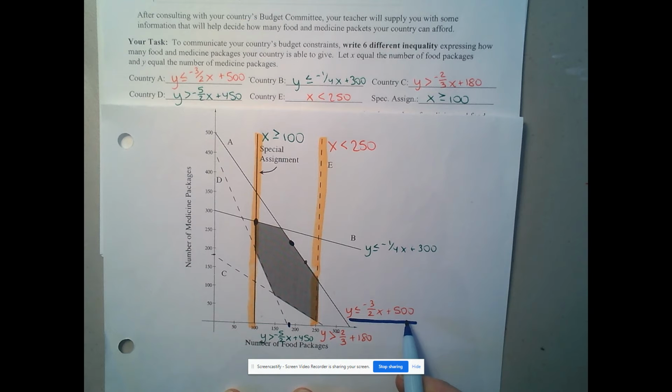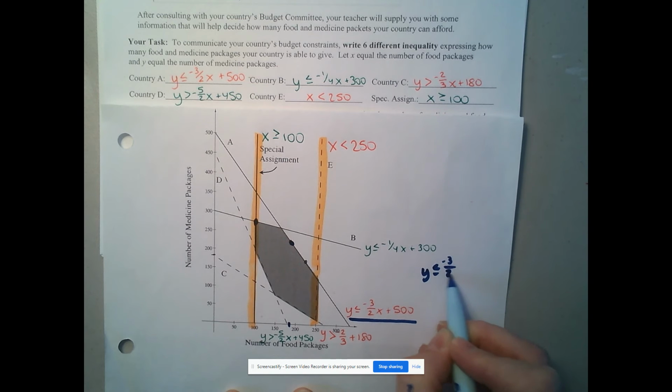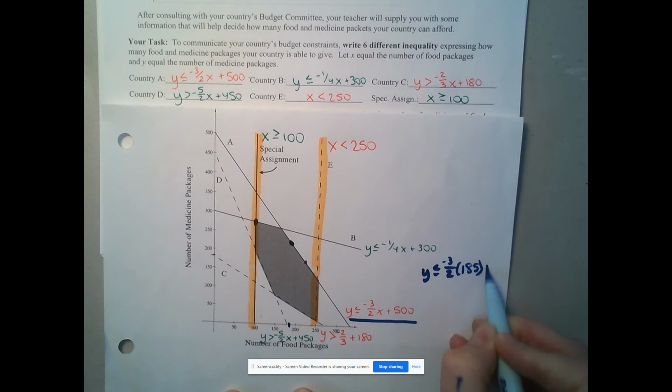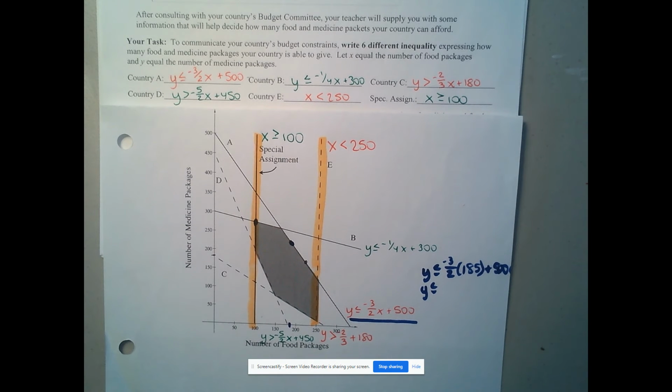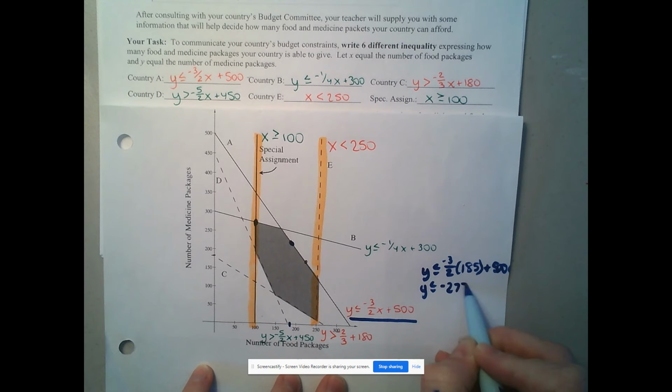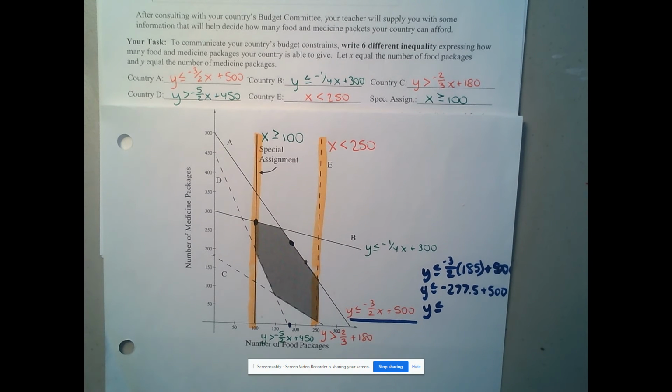So let's plug in 185 and see what that country can afford to give. So if we do y is less than or equal to negative 3 halves, we're going to plug in 185, plus 500. Missing a zero there. So y is less than or equal to negative 3 halves times 185. Let's see. I hit one key wrong. Throws everything off. Negative 277.5 plus 500. So y has to stay less than or equal to